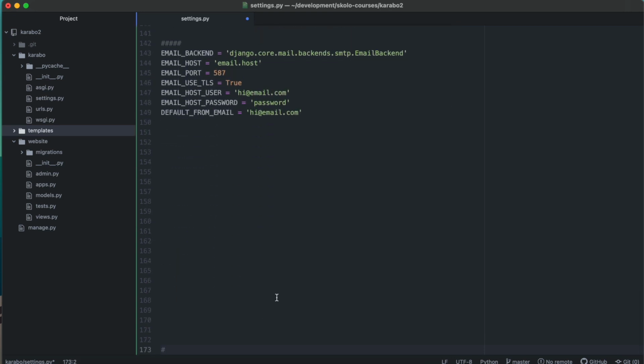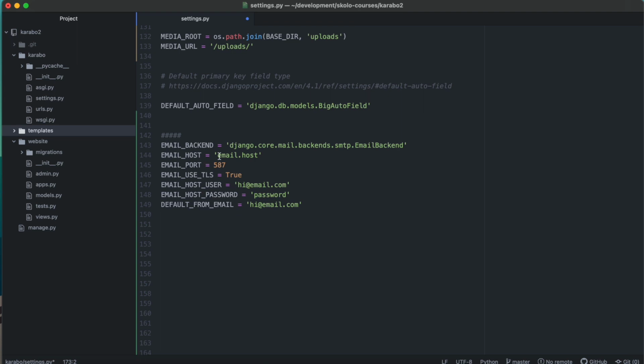So you need your host. This can be something like mail or whatever your domain is, or if it's Gmail, but Gmail never works with this anyway, right? And then you're going to need your email user and your password, and then the default from email, which is normally the same as the user. All right, so I'm going to enter this off camera for now, so that I'll be able to send